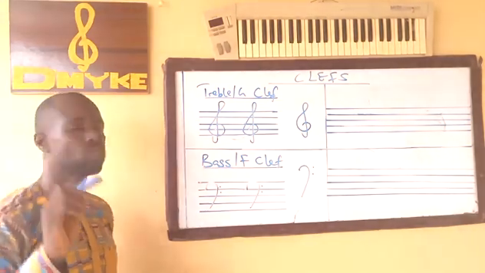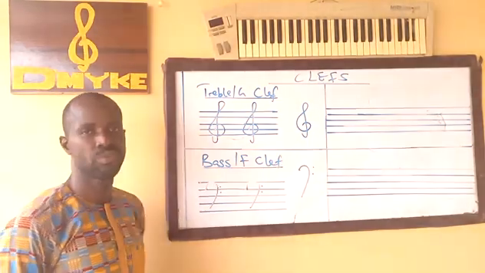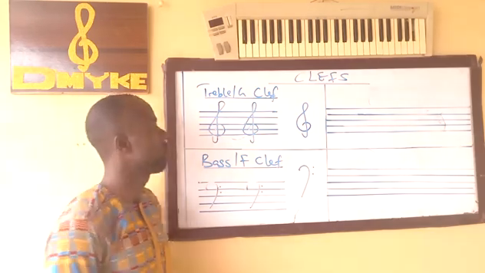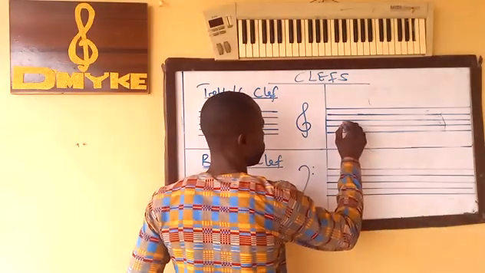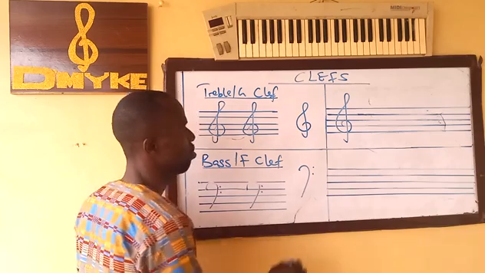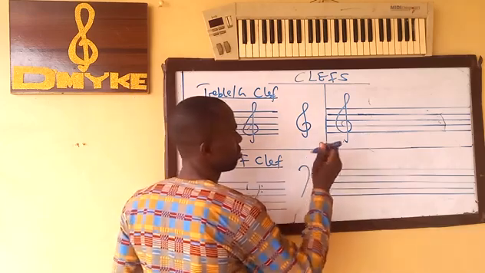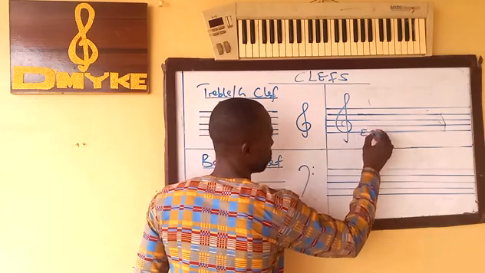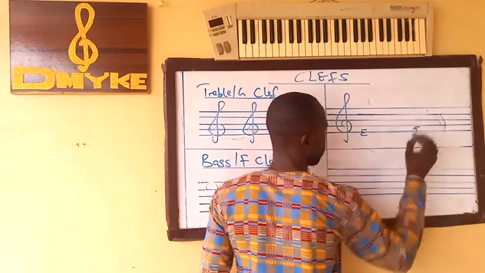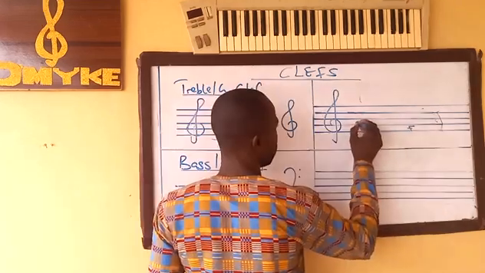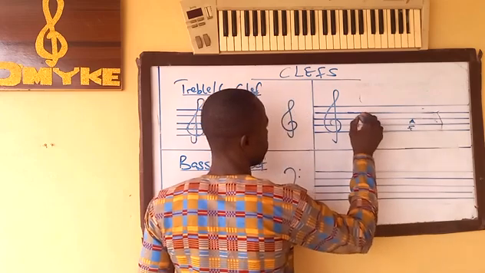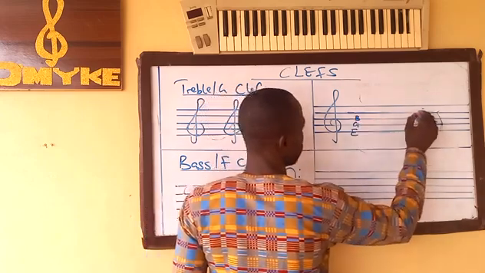As soon as you position your treble clef on the stave, the lines and spaces pick their letter names. Alright, let's put the treble clef on this. Like that. Now this first line is line E. The first space is F. The second line is G. The second space is A. The third line is B, C,